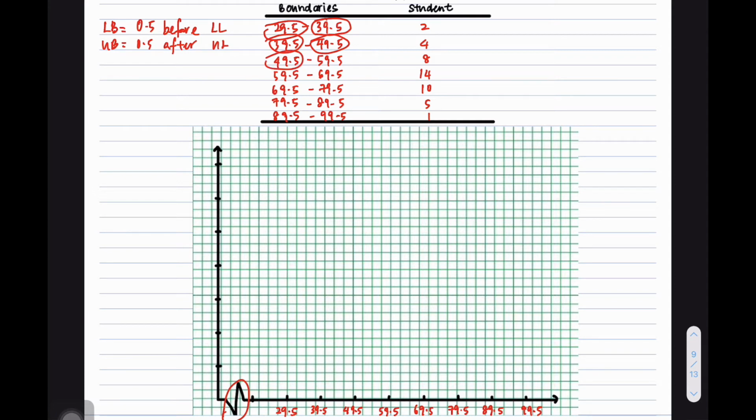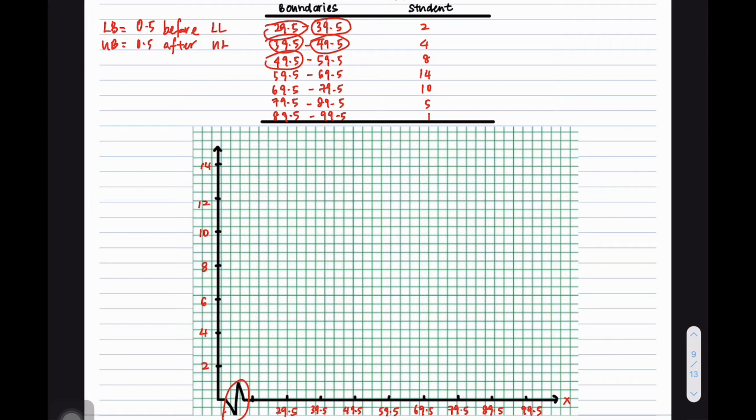Okay, so now we have already labeled the class boundaries as the x-axis. So now we want to label the frequency. You see the last frequency here, the biggest one is 14. Okay, so you can put any scale that is suitable. So let's say we put 2. So 2, 4, 6, 8, 10, 12, and 14. There is no formula for this. It is just